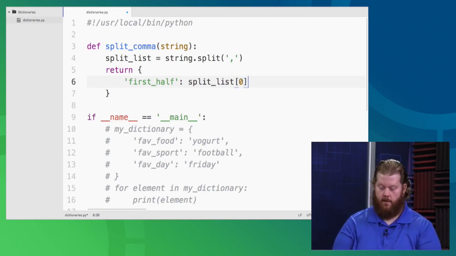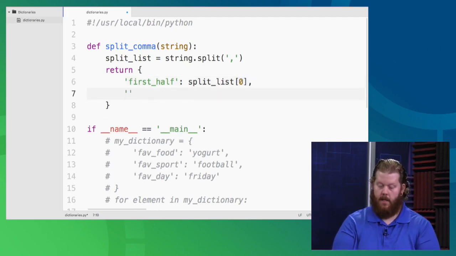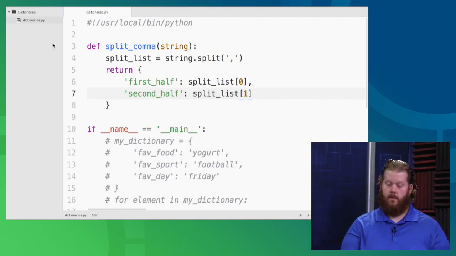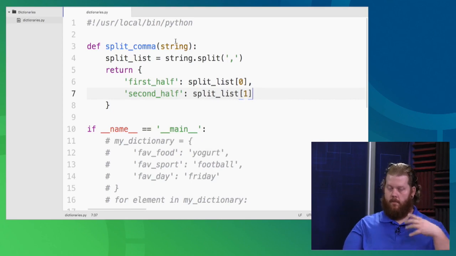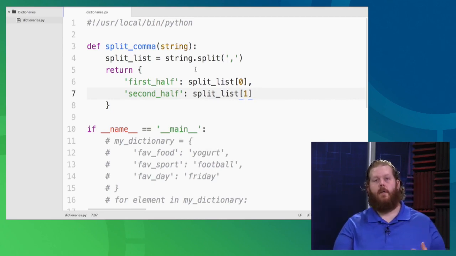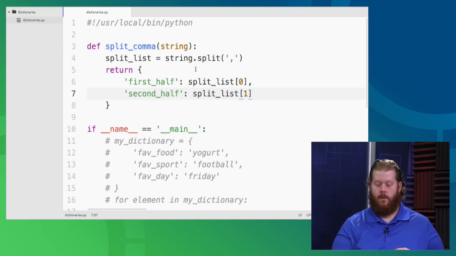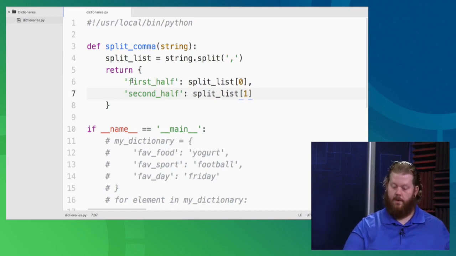So I can say 0. And then I can say second half is split list 1. So now when I use this, if I pass it a string that has one comma in it, that's my assumption, then I will get them back as 2 halves in a dictionary that I can then use. So I now have a function that returns a dictionary.